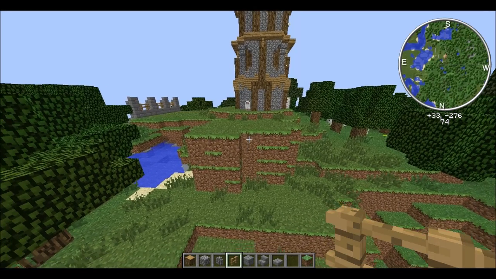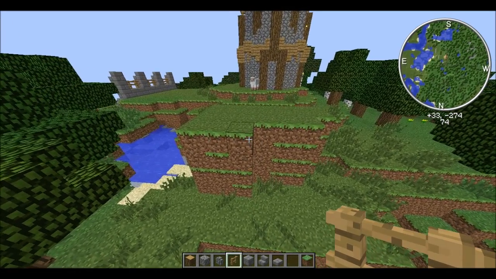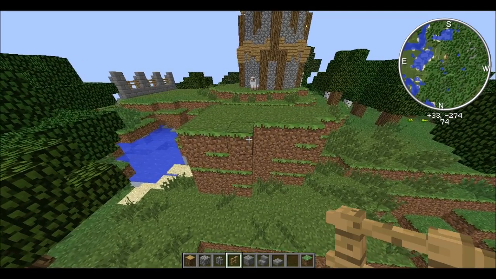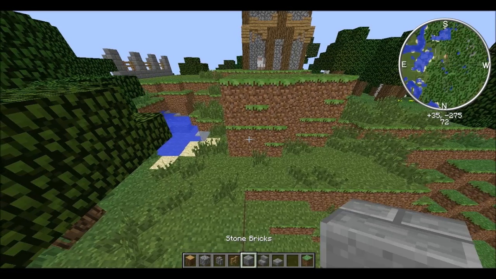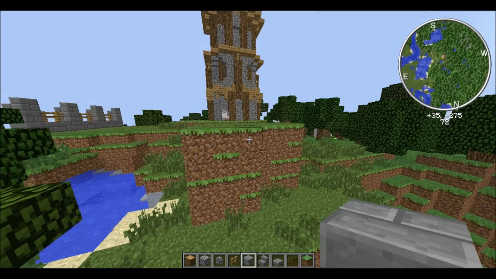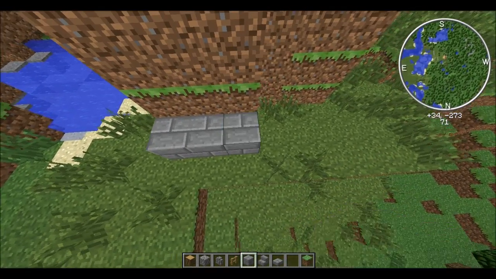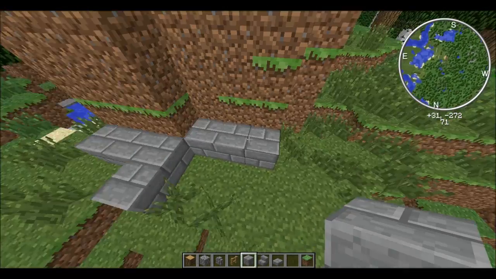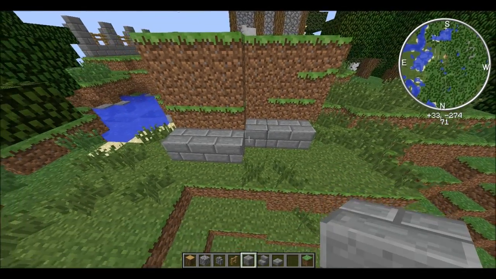And for this one I had to make my own little hill thing that looks terrible, but it's not that hard to put into a hill. It's just I didn't really feel like looking for one this time. Anyways, this one actually is a tall wall that can turn. It's going to be 5 total tall, and the recommended height of the hill behind it is going to be 4. For this one, you just place stone bricks along the bottom like this, and it makes soft turns or really heavy turns. It just depends on how you do it, and I'm going to show you the soft turn way.